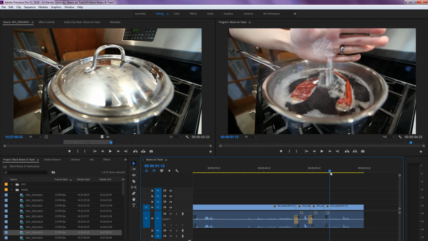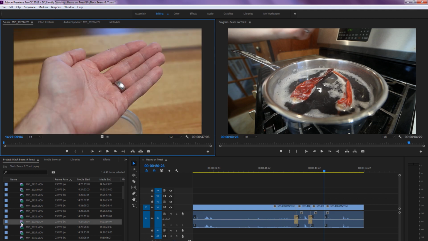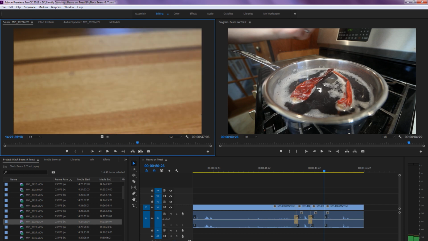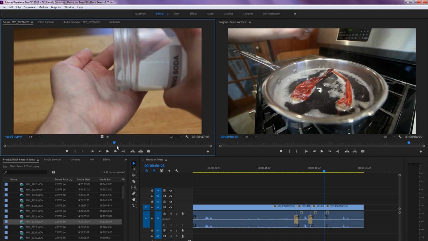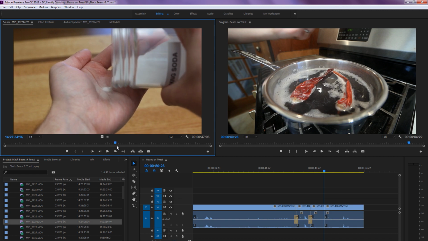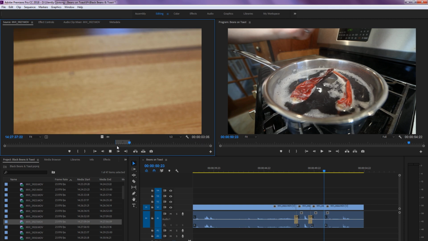I'm going to drop that on there. But I threw in another shot in this sequence. I actually shot this one later. And this is the baking powder coming into my ridiculously dry hands. So let's go, yep, that was the one right there. Baking powder coming in. Let's use this shot right here where the baking powder starts to come out. And again, if anybody has any questions, you can talk to me on the chat, and I'm more than happy to answer any questions about my process and what I do. Okay, and right when my hand leaves is when I want my out point. So now I'm going to inject